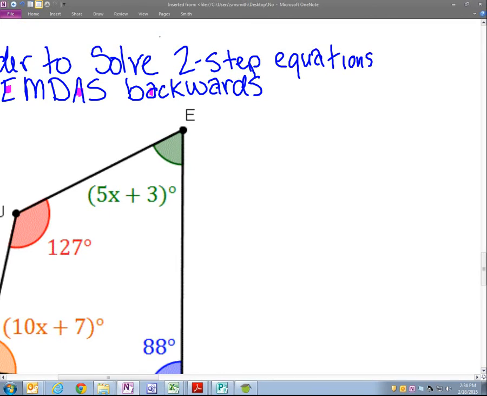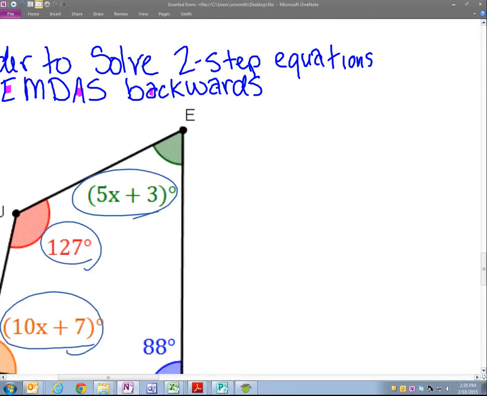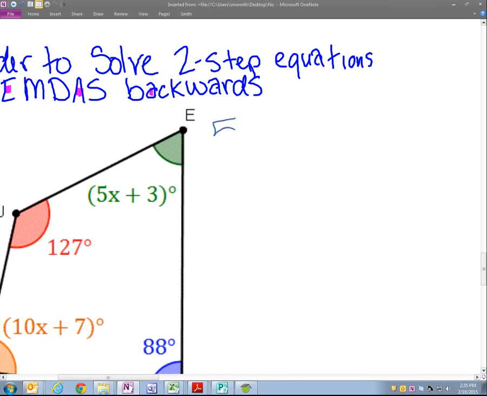So the first thing we have to do is add up all the angles so they equal 360 degrees. So I have to take 5x plus 37, 10x plus 7, and 88, and add those together to equal 360. So we have angle E, which is 5x plus